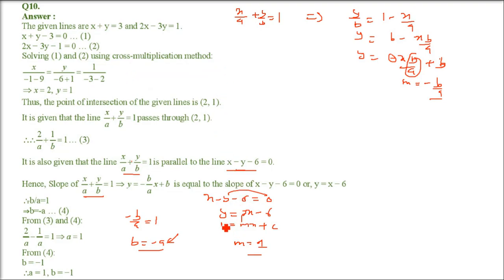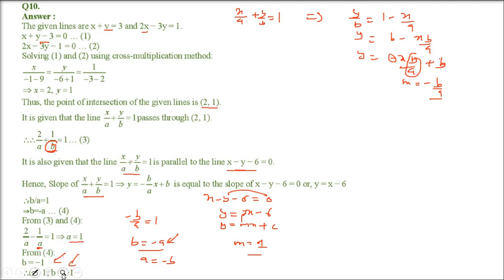Now these two lines which are being given, a line is passing through the intersection of these two. So we'll find out the intersection. I hope you'll be able to find. This is the intersection, 2, 1. Now 2, 1 is satisfying this equation because this line is passing through that intersection 2, 1. So put in this equation 2 and 1. In this you can put b equals minus a or a equals minus b. You can put a as minus b or b as minus a. So when you solve this, you'll get a as 1. I'll just put this a as minus b in the equation number 3. So a will be 1, and when a is 1, b will be minus 1. a 1, b minus 1.